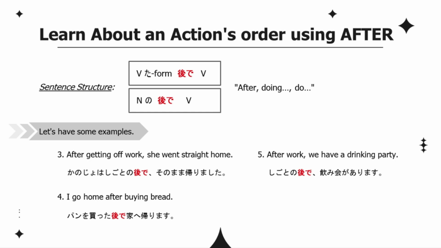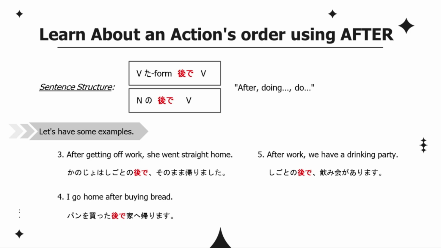Let's try to create more sentences in your notebook. I go home after buying bread. パンを買った後で家へ帰ります。After work, we have a drinking party. 仕事の後で飲み会があります。